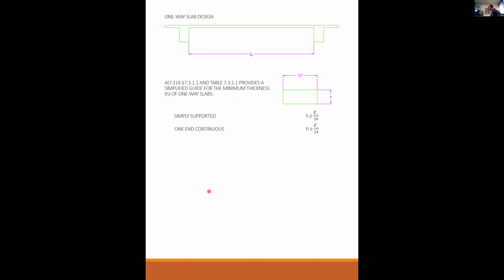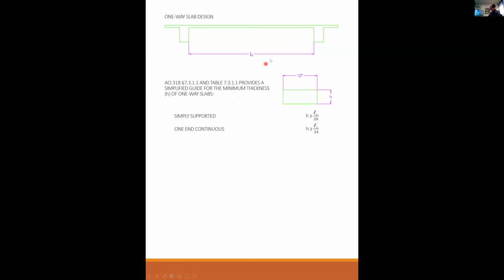Okay, page 84. Table 4.1 on page 84. That's the table that I'm talking about right now. They presented it on page 84 because it's the same table that you use for beams. Beams and one-way slabs share the same table, so they presented it earlier in the book. That's where you look, page 84. Thank you. All right, so back to this.